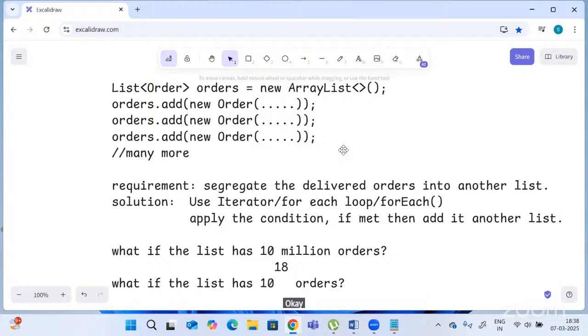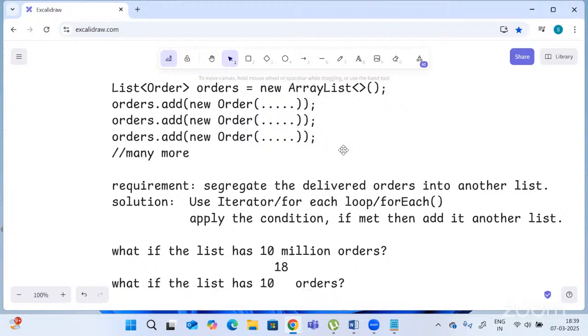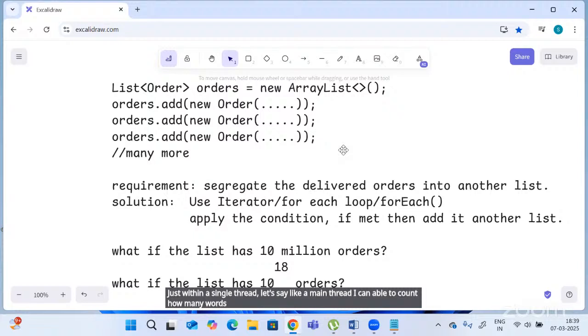If my file contains just 100 lines, I need not use any threads manually. Within a single thread, like the main thread, I can count how many words there are. But if the same file contains, let us say, 1 million lines,